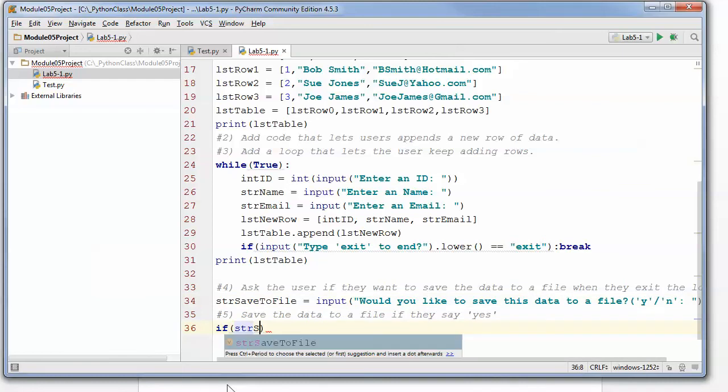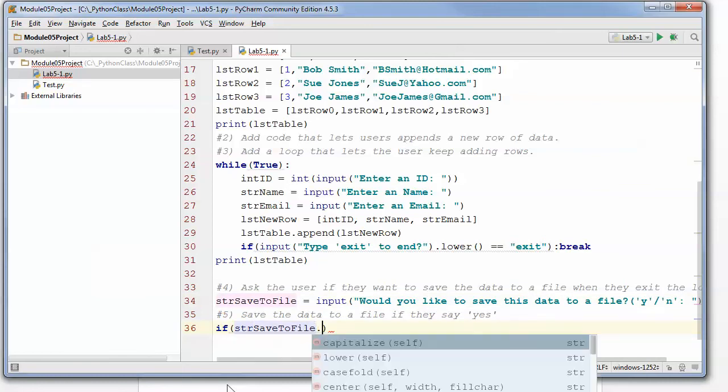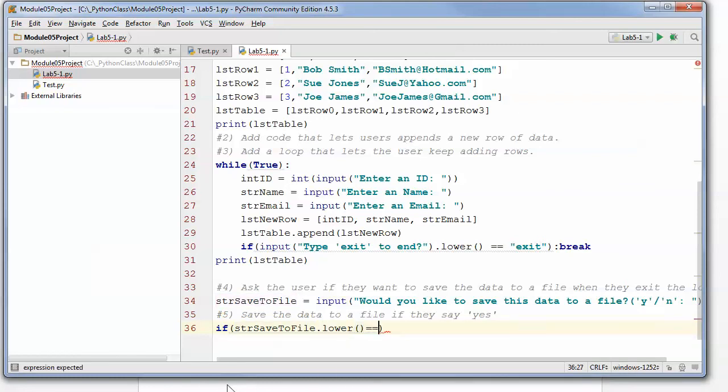Okay, str save to file. If that comes in as, let's lower it, a yes,